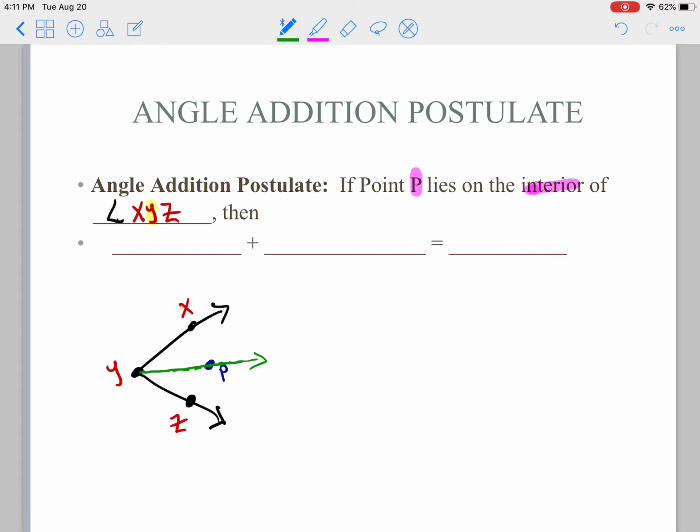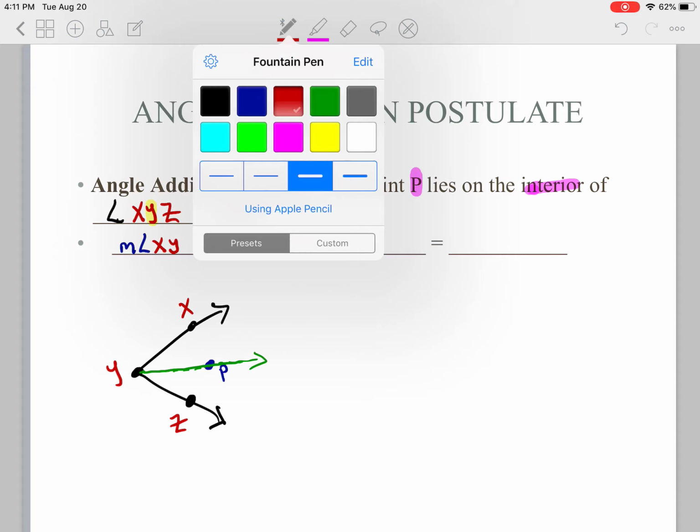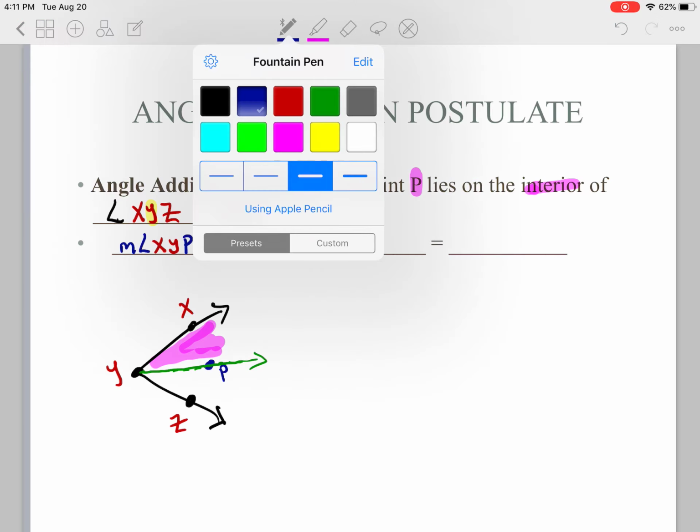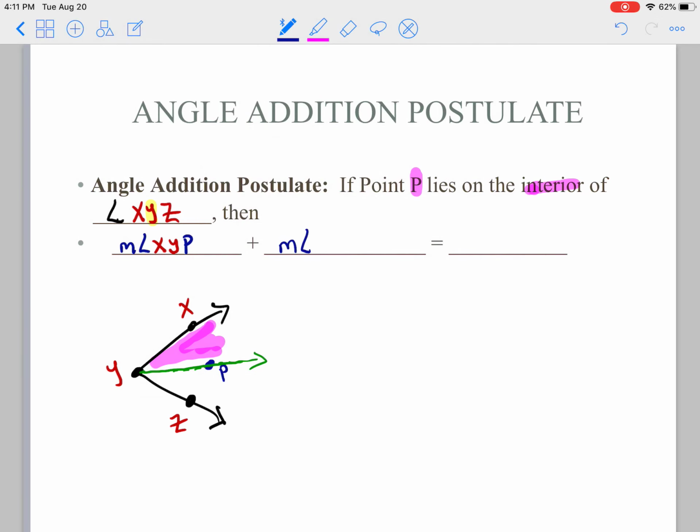And what that says on the angle addition postulate is it says the measure of angle X, remember my naming conventions, my vertex has to go in the middle, but P, okay? So I'm saying this portion here, the measure of that portion there, plus the measure of angle P,